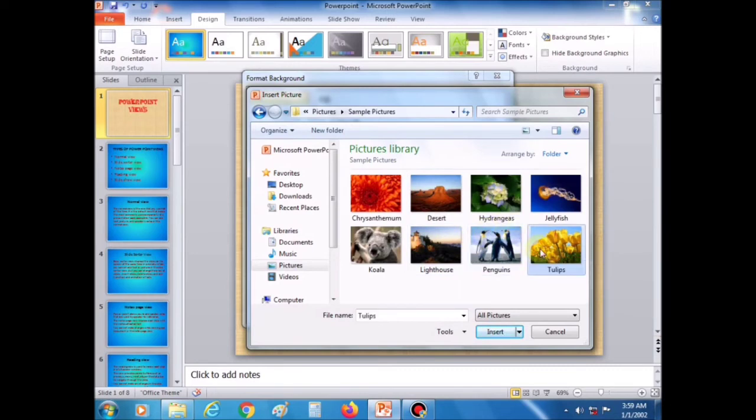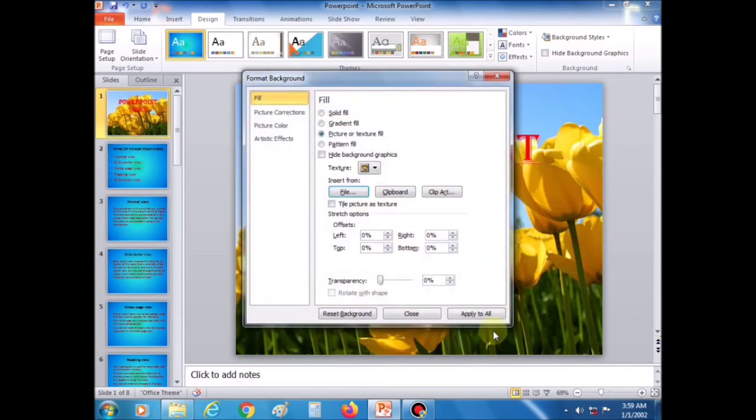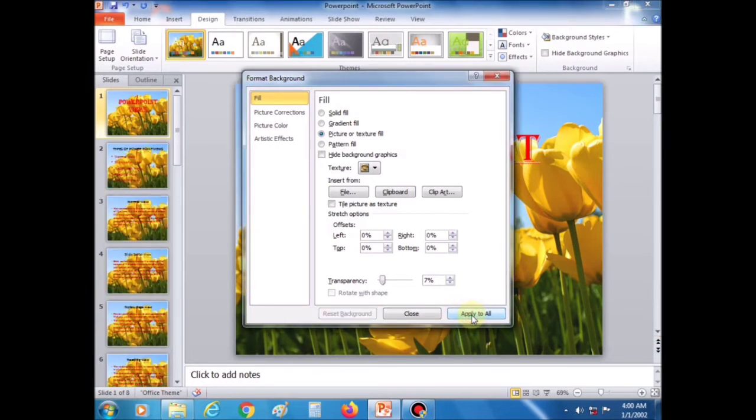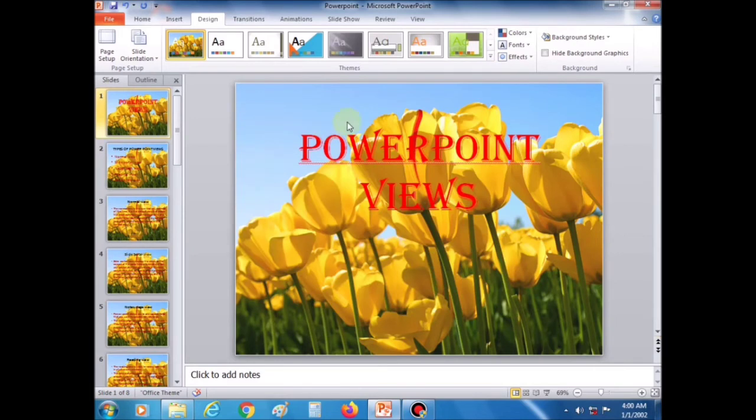Now locate the desired picture and then click the Insert button. The selected picture is set as the background of the current slide and the Format Background dialog box reappears. Click the Apply to All button to set the selected picture as the background for all the slides in the presentation. Now click the Close button to close the Format Background dialog box.